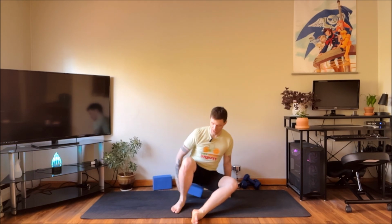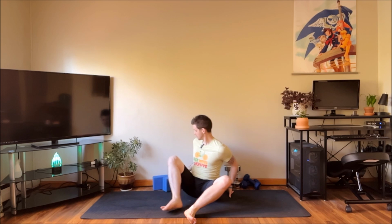Good. Keeping that belly button pulled in toward the spine here. And those shoulders pulled back down the back body. Take one more deep breath in, and then exhale to come back up. Nice. All right, if you have your yoga block underneath, you can take it out, set it aside, and we're